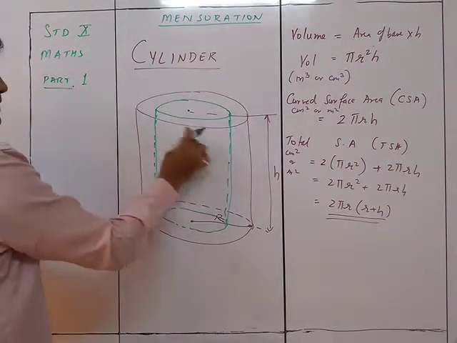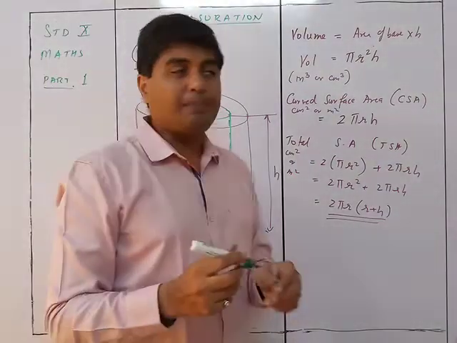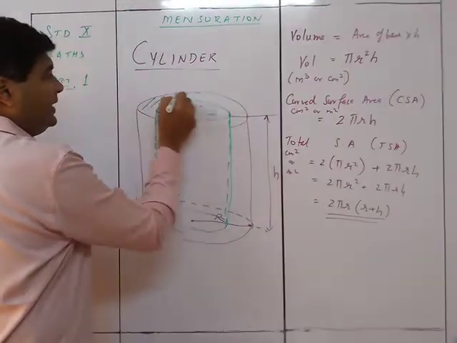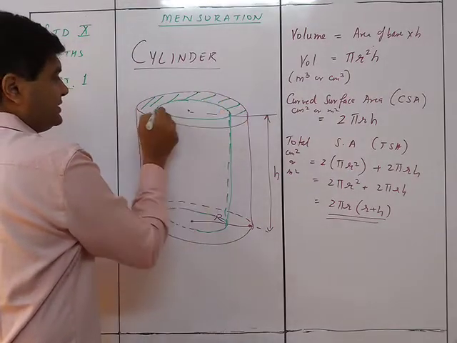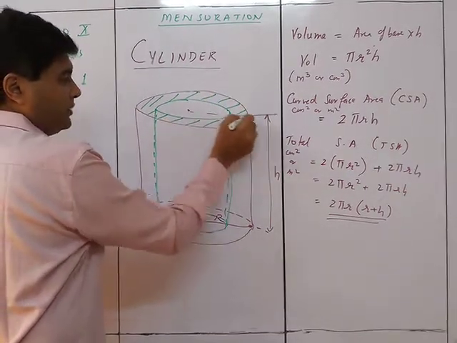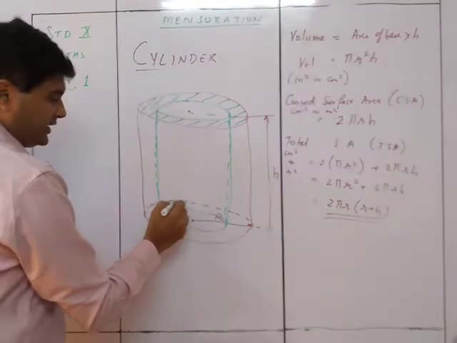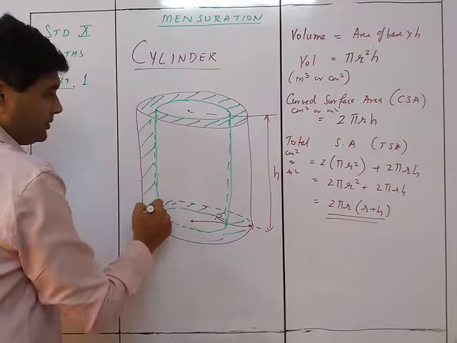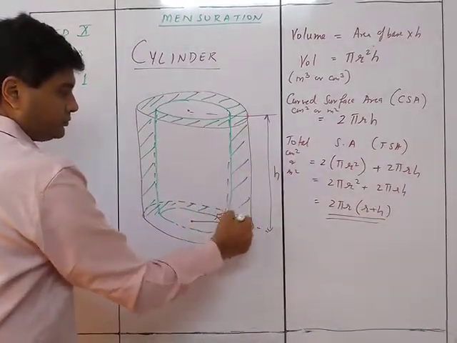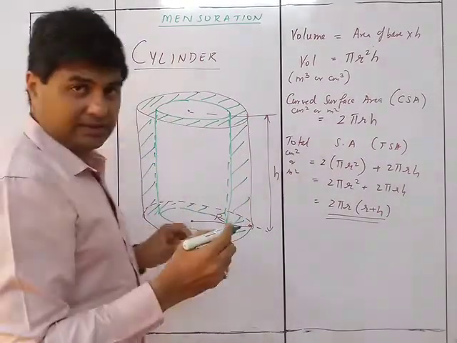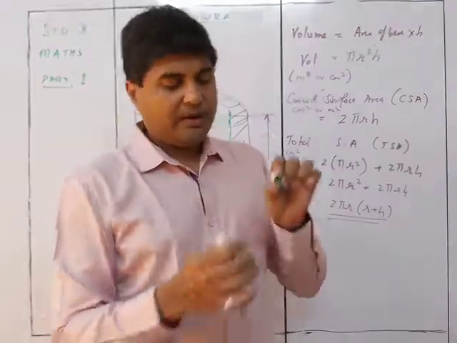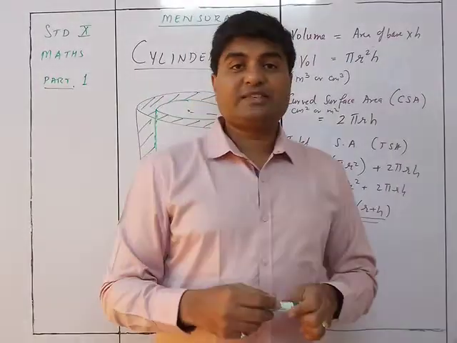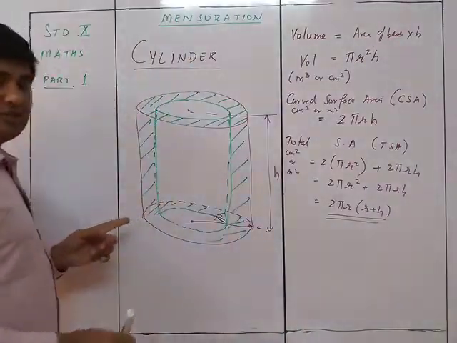So what is left for me now? It will be just a pipe. So this is the section which is going to be remaining. This is the thickness which is going to remain over here and over here. This is the thickness which is going to remain. And this part is what is going to remain. The middle part has been removed. Right? Like this, it is hollow. So this is called a hollow cylinder.